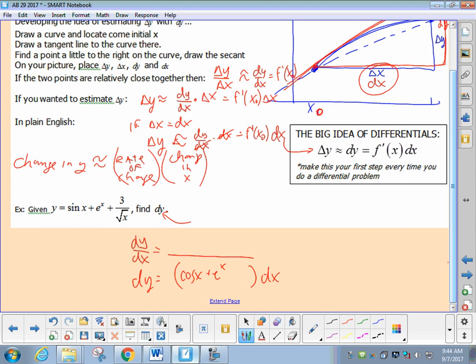If you were going to help somebody who's been absent a week, how would you explain the safest way to go about it? Yeah, if you do a rewrite, even if it's just a mental rewrite, convert that to x to a power, and a root means 1/2, and a denominator means negative. So as a power, that's really 3x to the negative 1/2. Then the power rule goes smoothly.